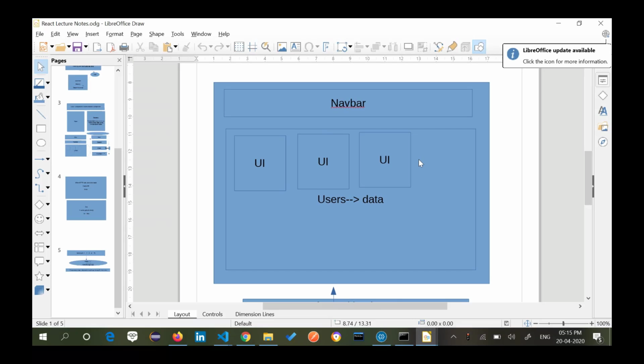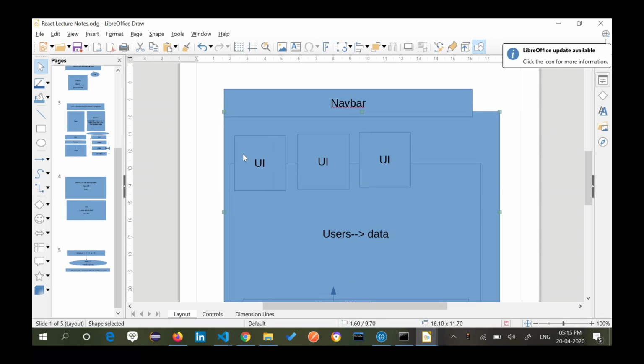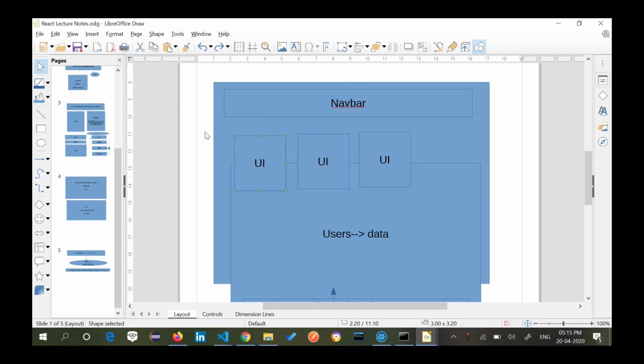So the whole application will now start looking like this. I want to create the application which will look like this.